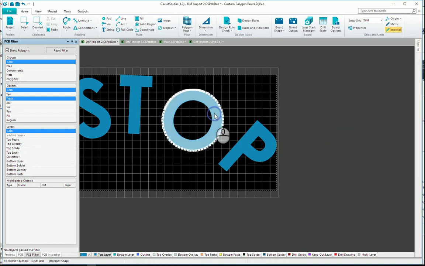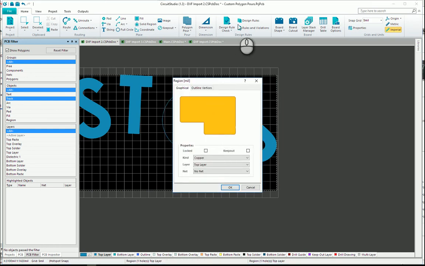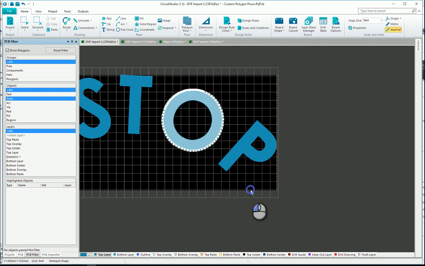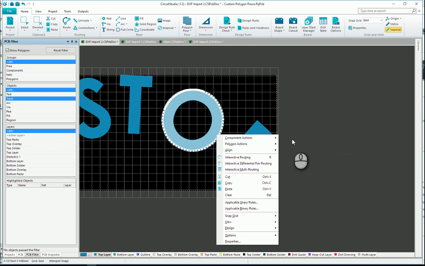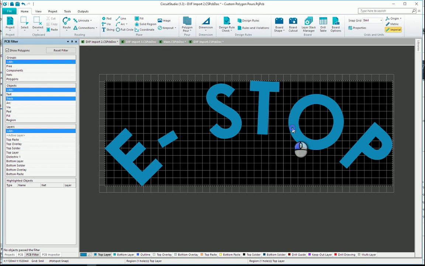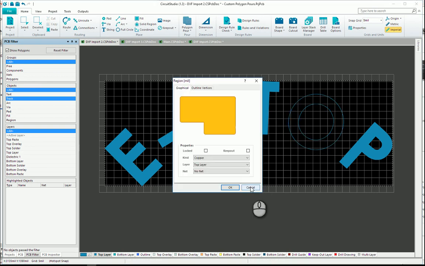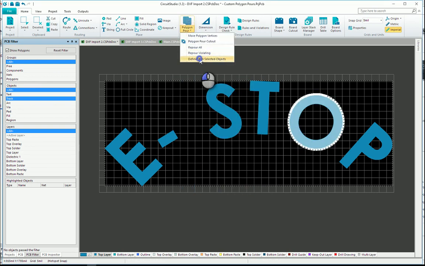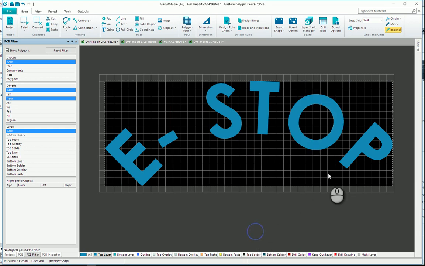Okay, so now this is just a region, and you can change the layer of it, but you can't do anything with the shape. So you want to make sure that you've changed the design rule to 0 to fill out your DXF shape before doing this, because it destroys your polygon. And I don't know of a way to stitch it back so that it's a polygon pour again. I have no idea how to do that, unless maybe. I haven't tried this actually. Let's try this. Define from selected objects. No. But anyway,